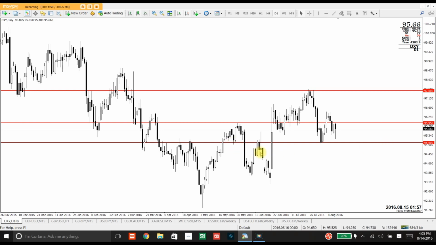So what do I mean by that? Well, right here, you can see that the 95 level acted as support to this down move. Price traded through it just a little bit, and then came up, and then it eventually broke it, and then it acted as resistance. Price was unable to get above it until over here, and then it acted again as